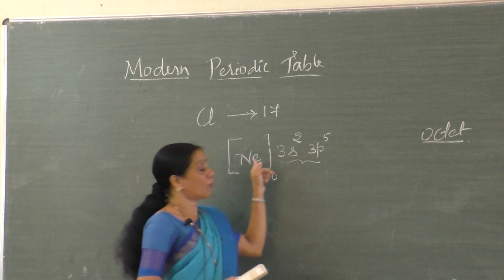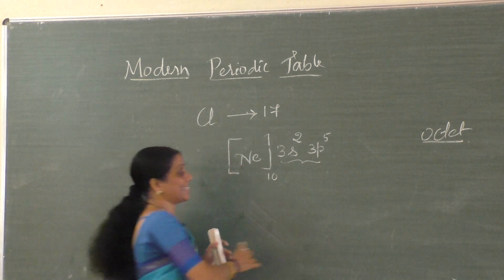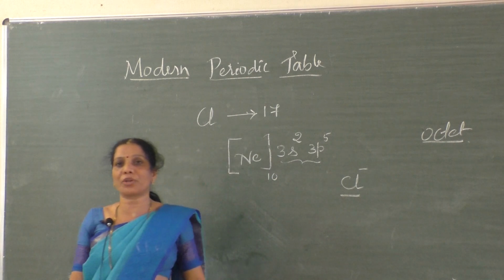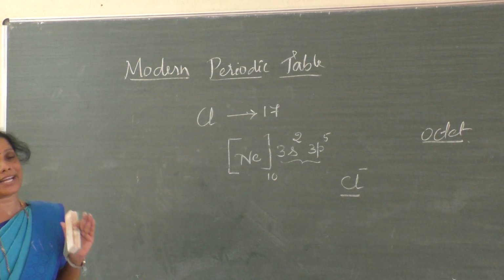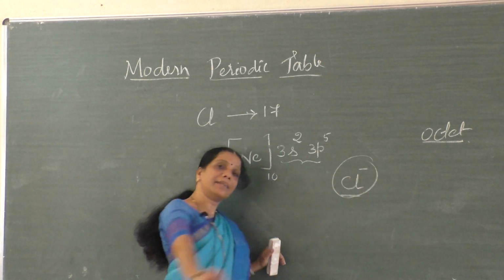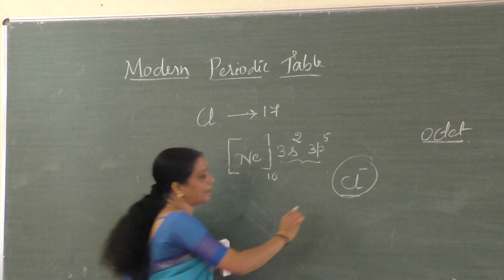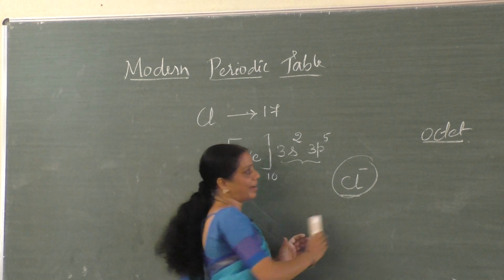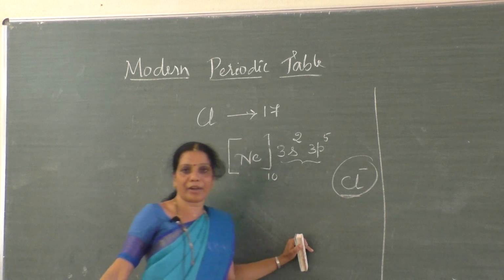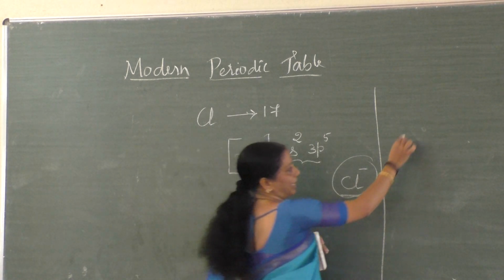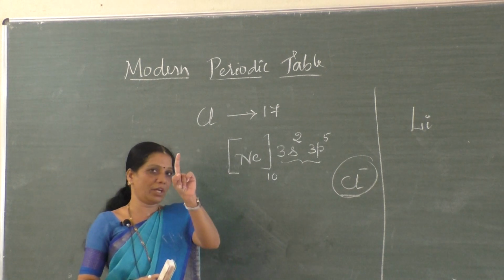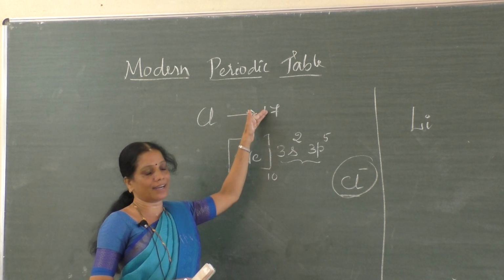Hence, chlorine always exists in the form of Cl-. In any compound of chlorine, chlorine always exists in what form? The anionic form, nothing but a negative ion, that is Cl-. Hence, if I write a compound of lithium, the simplest example I have considered here, see, Li. How many valence shell electrons? Only 1. We have written that, isn't it? Only 1.